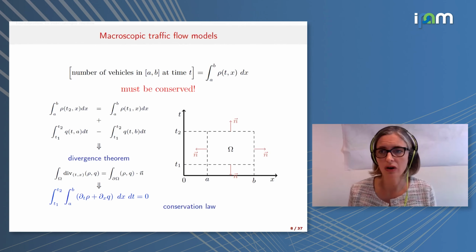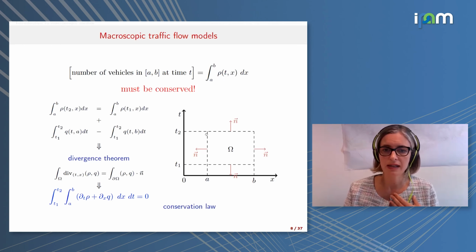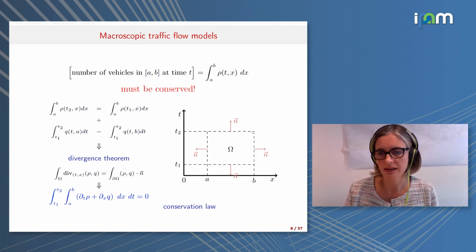So we want the number of vehicles, that is the integral on the interval AB of the density, to be conserved. That means that if we take two different times, T1 and a bigger time, T2, the number of vehicles present on the road at time T2, given by this integral here, is equal to